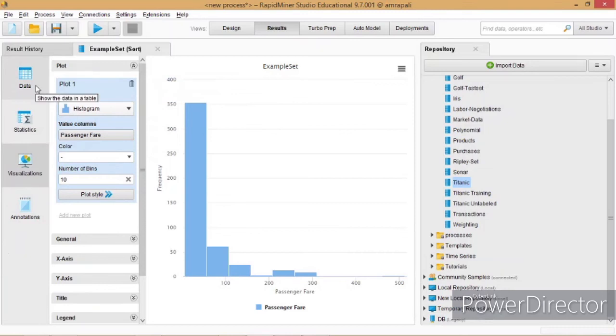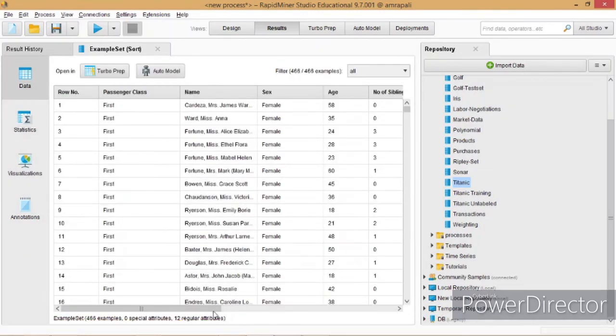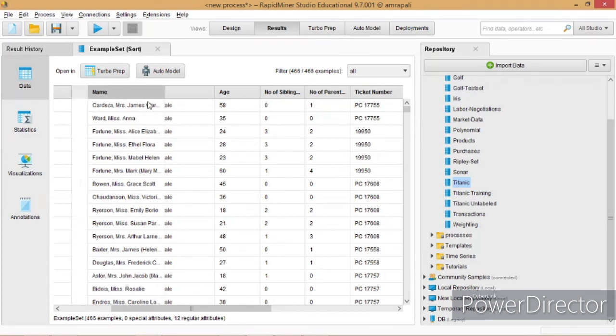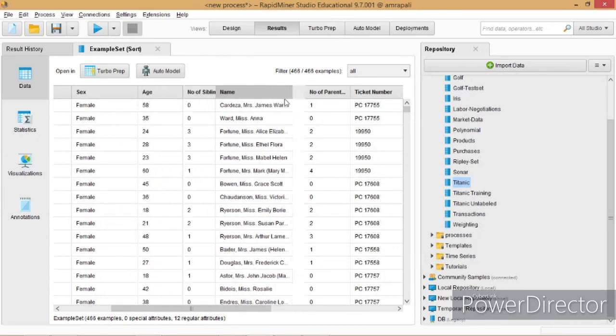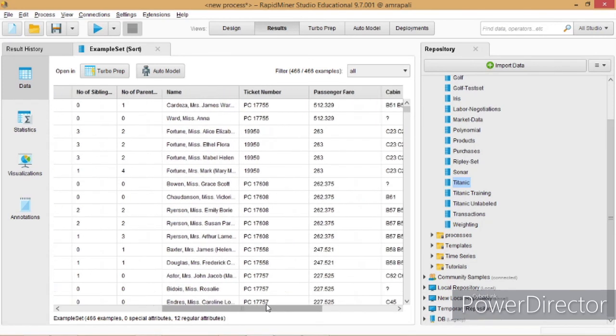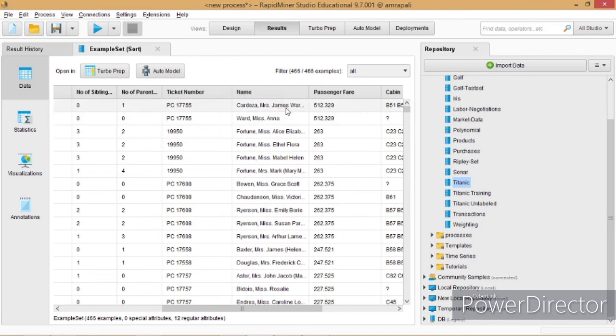Again, we will click on data, so you can see all female passengers here in the output, and you can just move this column so you can find out the name of the particular passenger.